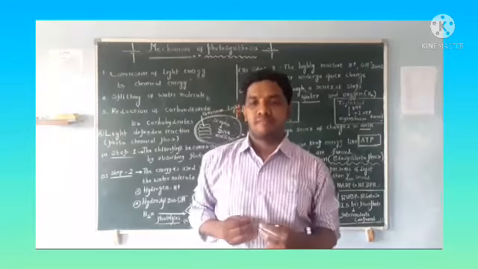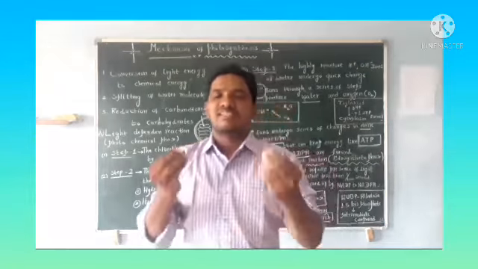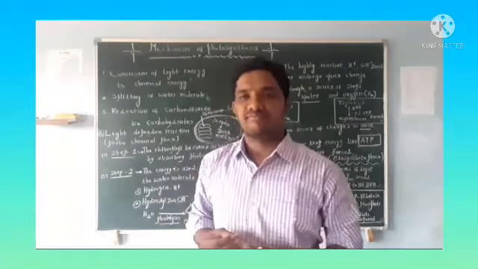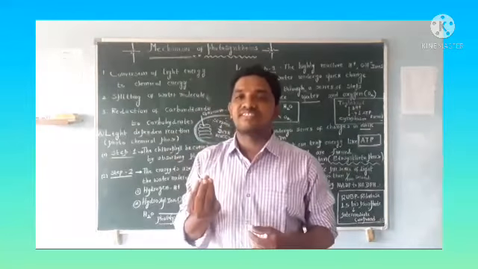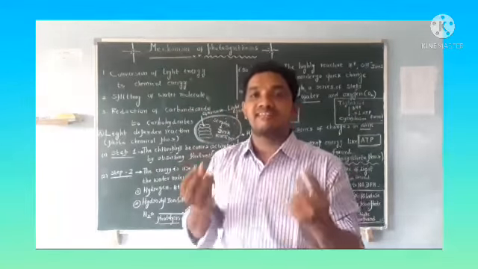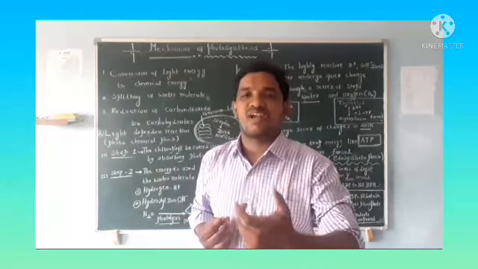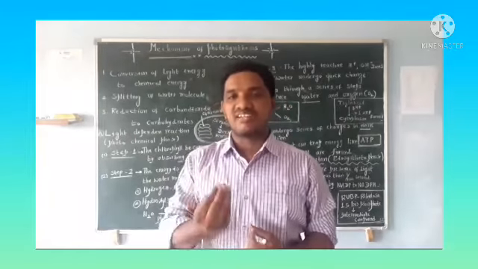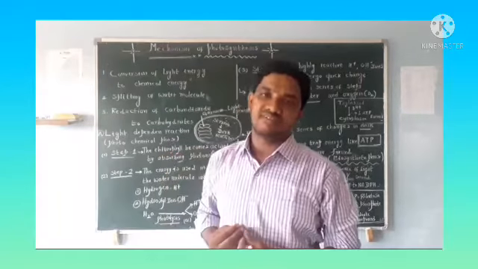In a previous class, I explained to you what photosynthesis is. Remember, plants prepare food material by using simple inorganic substances like CO2 and water, with sunlight as the energy source. In the presence of chlorophyll pigments, plants synthesize glucose. This process is called photosynthesis. In this process, water is released and oxygen is liberated into the atmosphere.